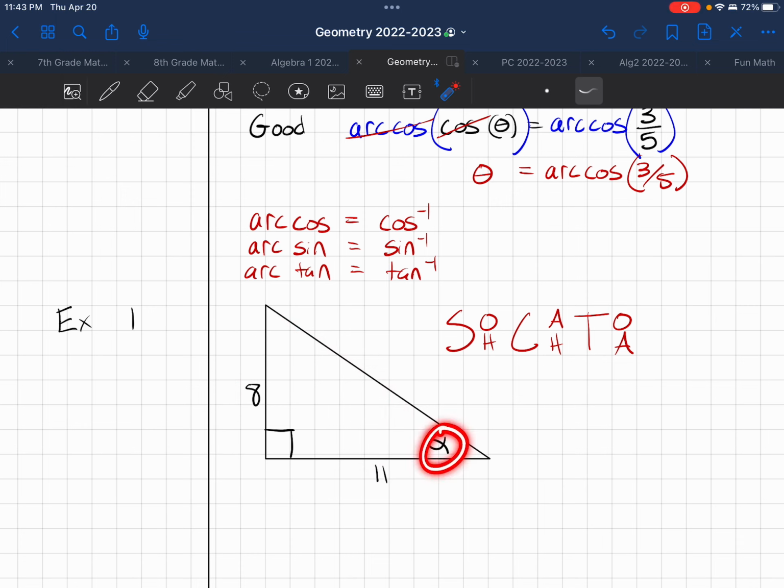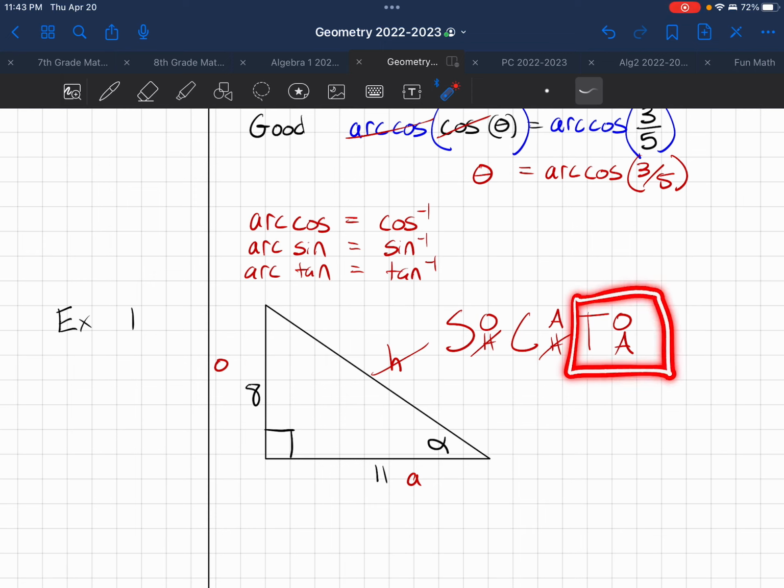What is opposite of my angle? And opposite is my 8, so I'm going to label it O for opposite. And that means that the hypotenuse is over here because that is kind of the opposite of the 90-degree angle, and by process of elimination, the 11 has to be the adjacent. Notice what we're missing. We are missing H. So I'm going to go ahead and give a giant cross through H. Can't do H, can't do H, which means the only thing I have all the information on is this